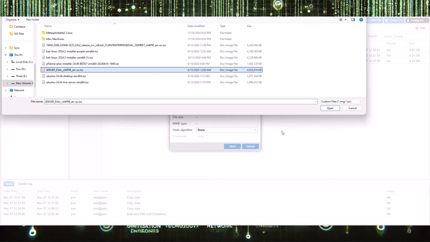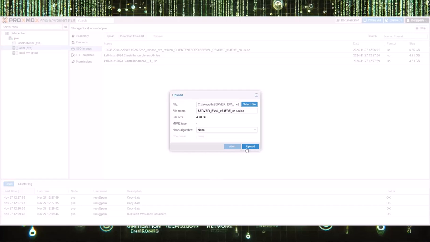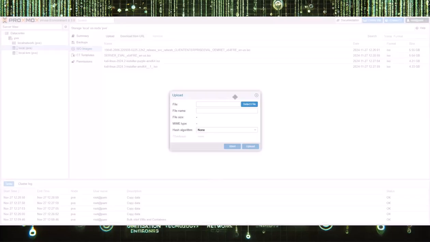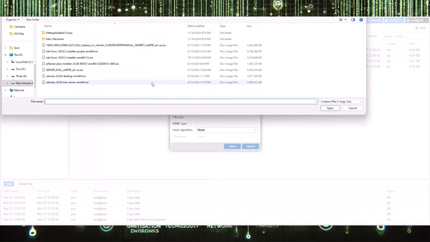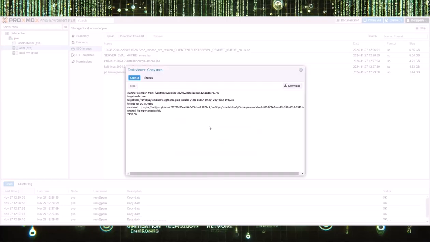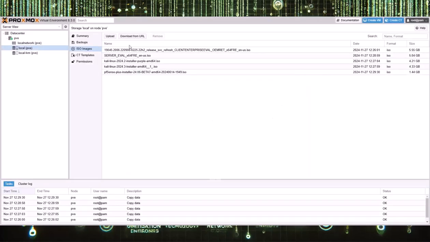This is my Windows server. And that task was successfully completed. So now we'll go back to ISOs, and what I will import now is pfSense. This will give us the capability to use pfSense as a firewall. That is successfully completed. We'll go back,